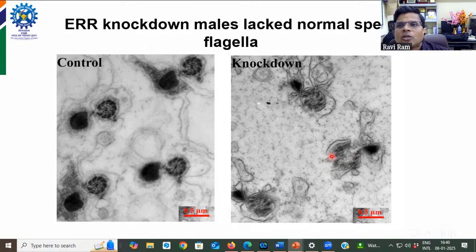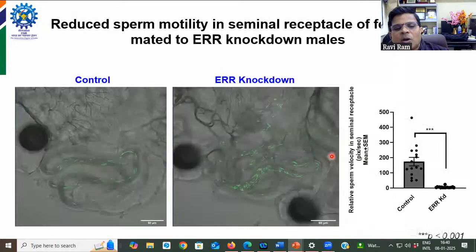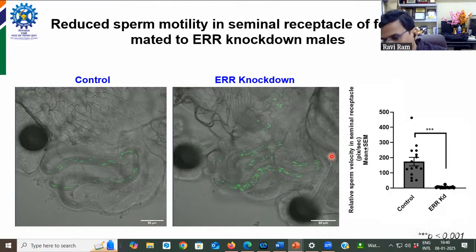So everyone knows mitochondria is the powerhouse of the cell. So when the energy is less for the sperm, what do you expect? You expect sperm motility to be compromised, right? When there is no energy, for example, if you haven't had your food, and somebody wants you to run, how will you run? It will be very difficult to run because your energy levels are pretty low. So that is what we wanted to check, if that happens in the knockdown. What you're seeing is the live images. When I move the cursor, it will start playing, and